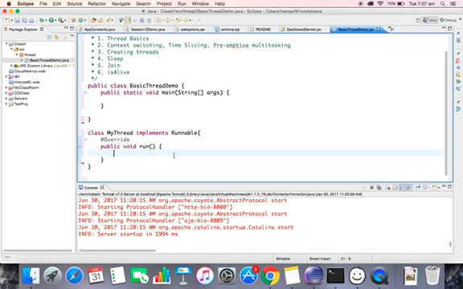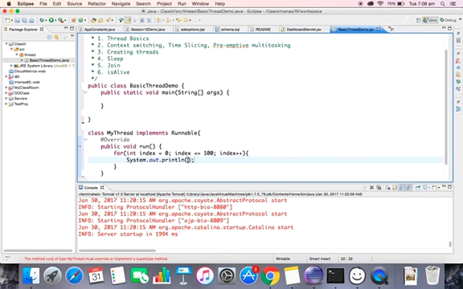Now, in this run, you define whatever this thread wants to do. For int index equal to 0, index less than or equal to, let's say, 100, index plus plus. I just say this thread will run 100 times and is going to print